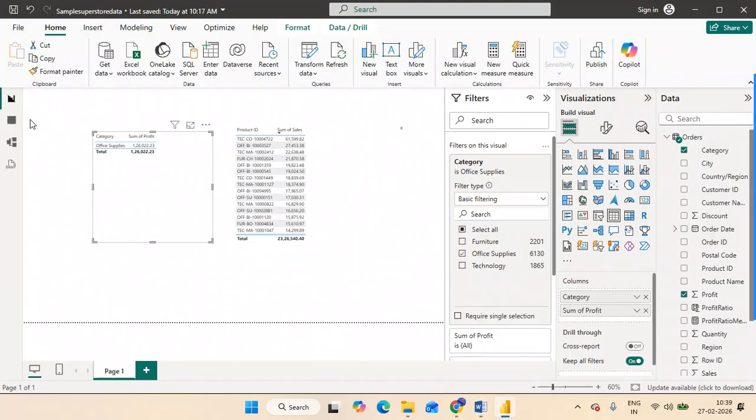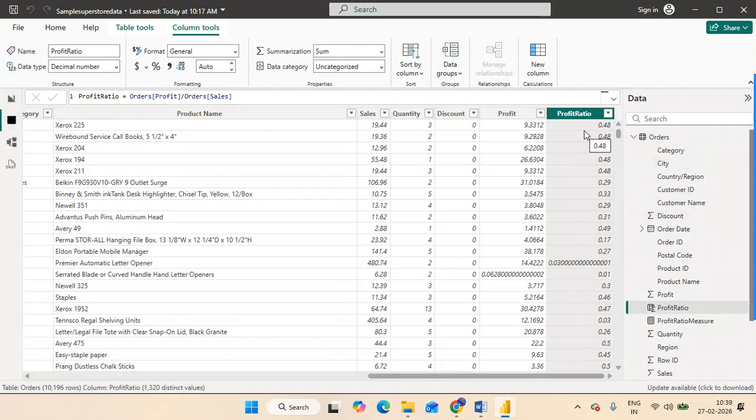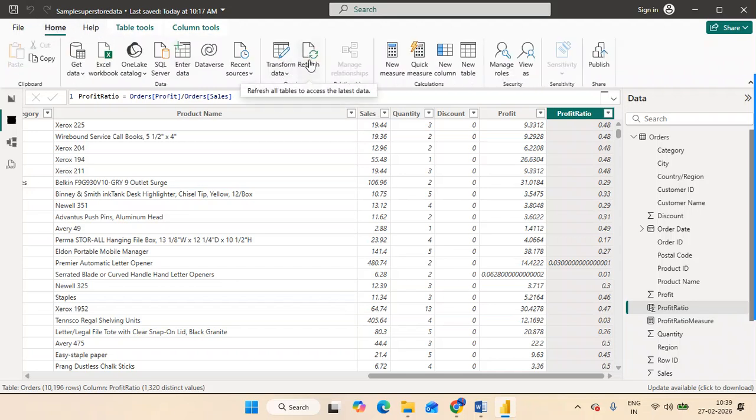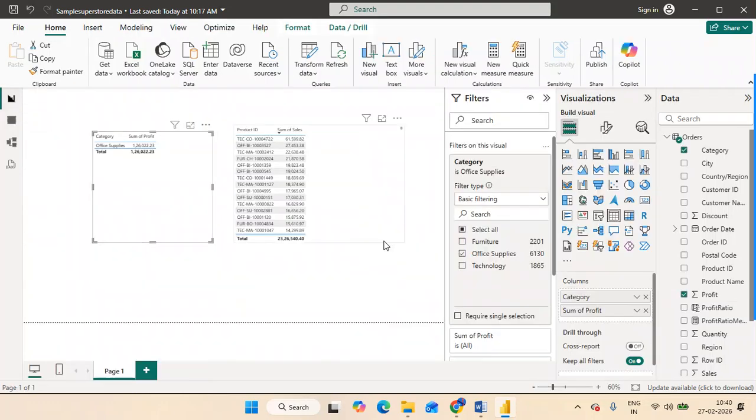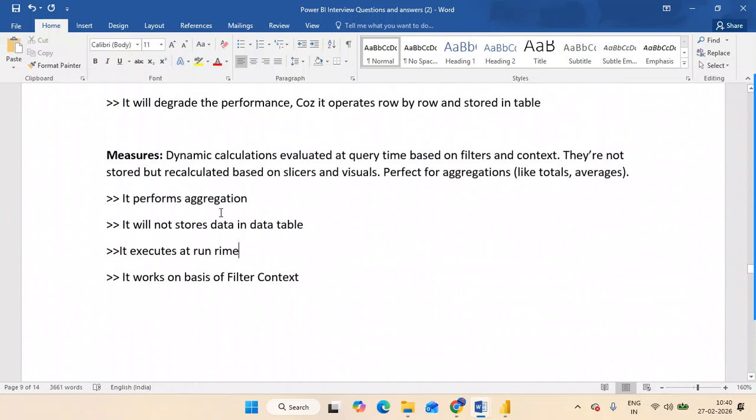So what about a calculated column? Whenever you connect to the data source and do a refresh, it will automatically load along with all the other columns. Whenever you refresh, data is going to refresh from the data source, so it is directly refreshed. But measures are executed at runtime. What is the meaning of runtime? Whenever you are using it, let's say I'm using this one right now, so now it is executed. At runtime it is executing. So you have to keep in mind what a calculated column and a measure are.